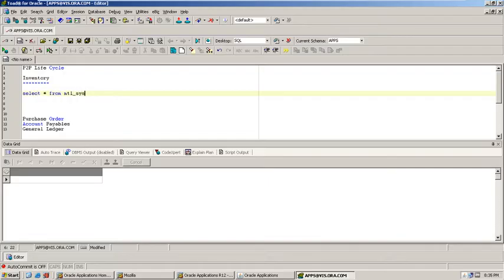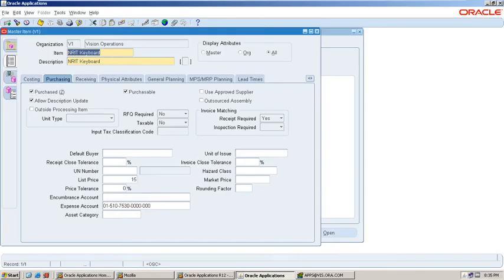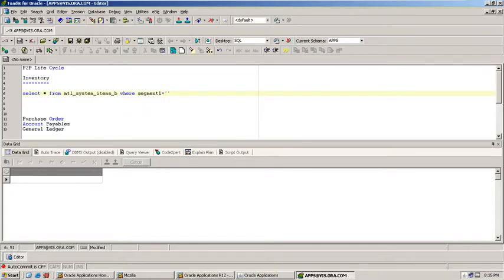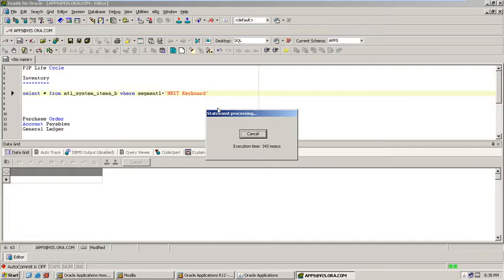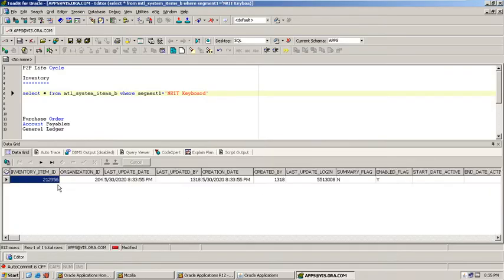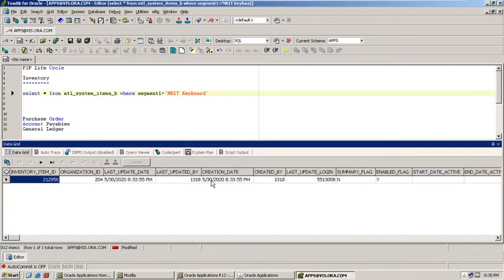MTL_SYSTEM_ITEMS_B, where segment1 equals the item number. See, now the item has been successfully created for the organization 204. 204 belongs to Vision Operations.